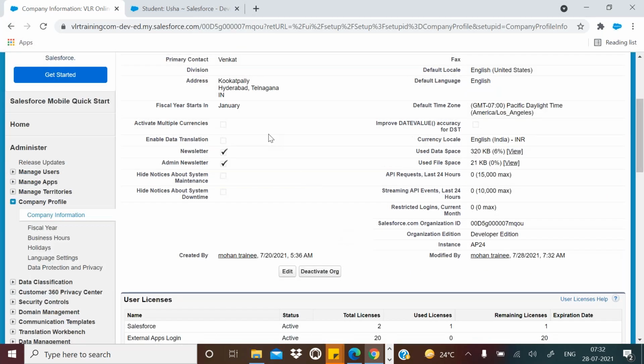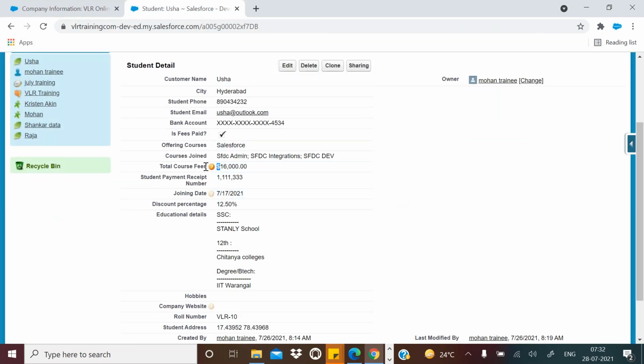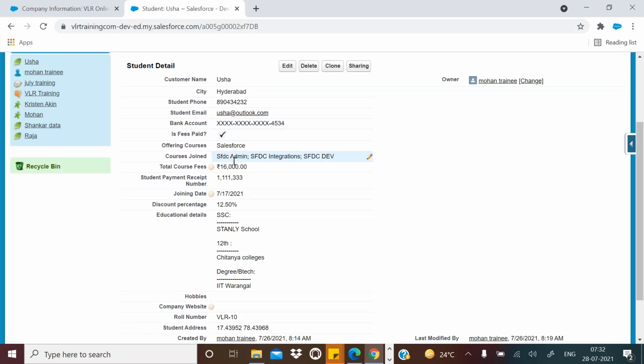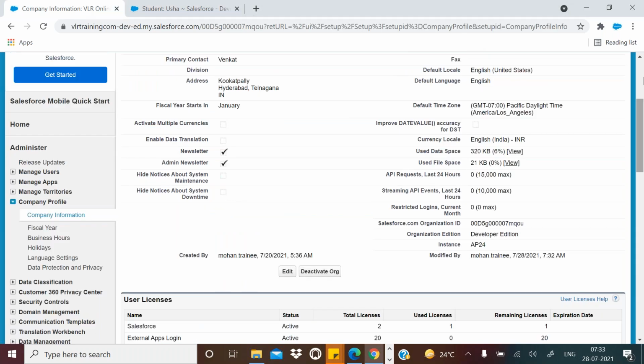Now the currency has changed from USD to Indian rupees. Just refresh the page and now a rupee symbol is there, but the value has not changed. Understand that point: only the symbol will change. That's how it works, guys. Values will not be changed, only the rupee symbol will be there.